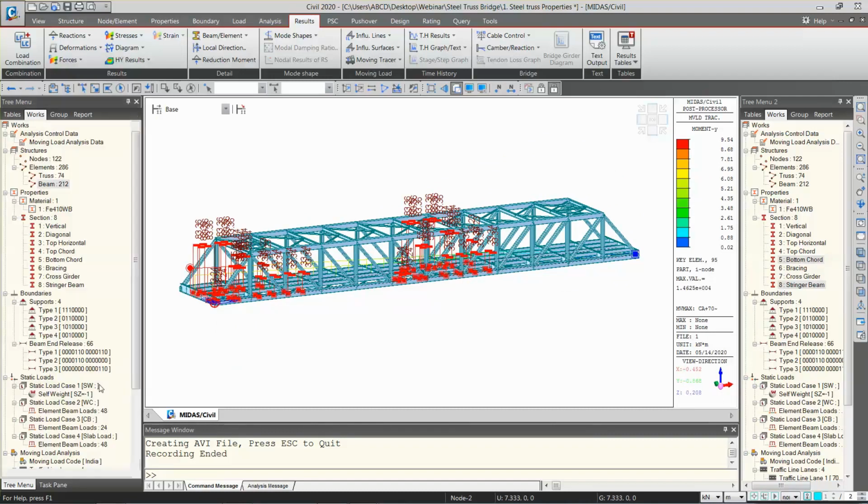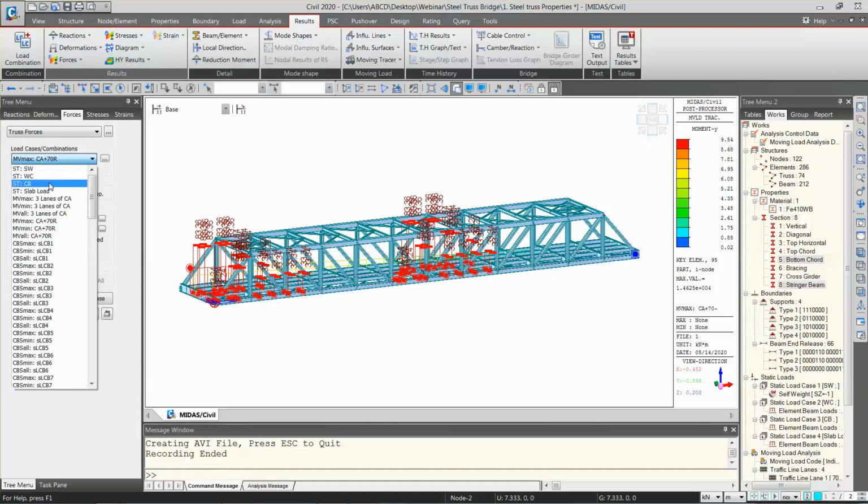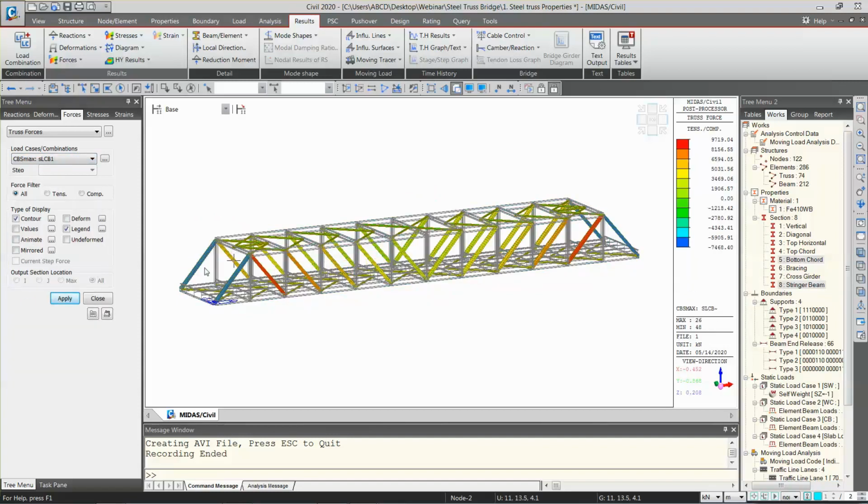Now let's see the truss forces as well. So I'll go to truss and check, let's say, the first combination itself. If you want to see only tension, then only tensile elements will be displayed, and if all, it is displayed for all.